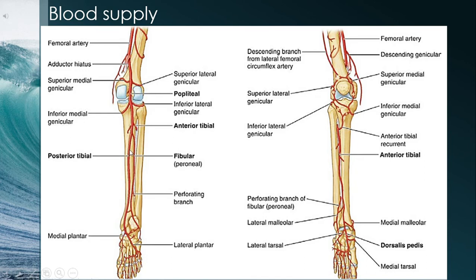Then we can see here, arising from the posterior tibial artery is the fibular artery. This artery also gives perforating branches, which is going to supply the lower 2/3 of lateral compartment, mainly the lower part of fibularis longus and most of the part of fibularis brevis muscle. These perforating branches of fibular artery are going to perforate posterior intermuscular septum to enter the lateral compartment. Now the similar venous channels are going to perforate the septa in reverse direction and reach their named veins.